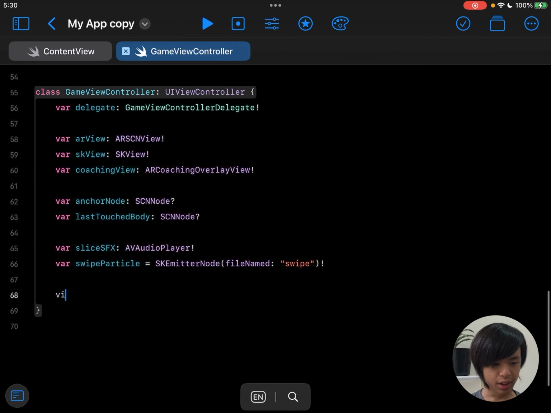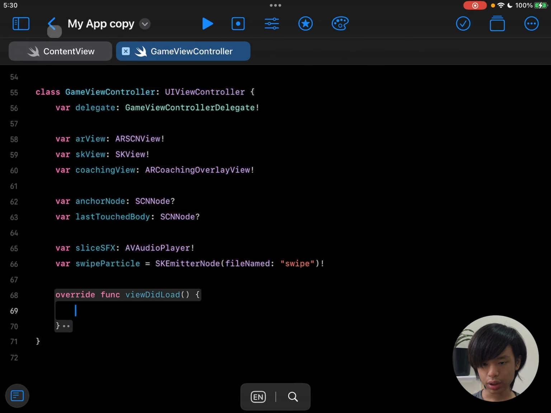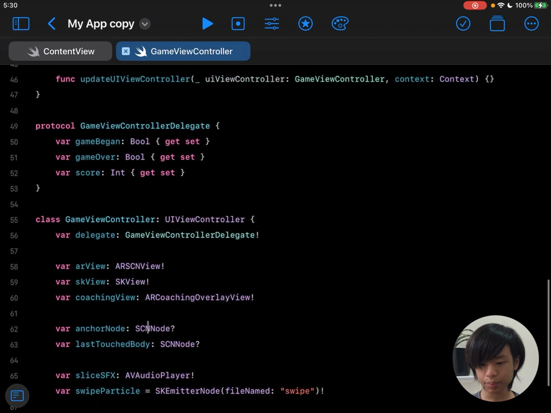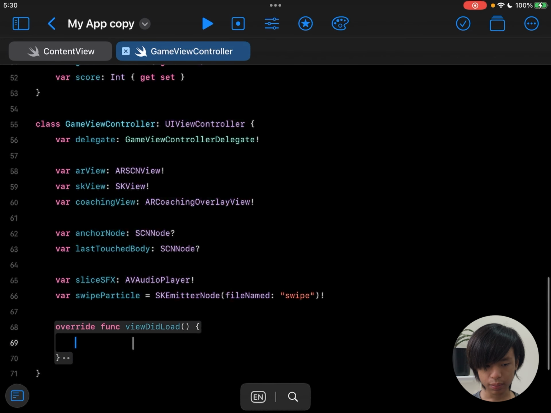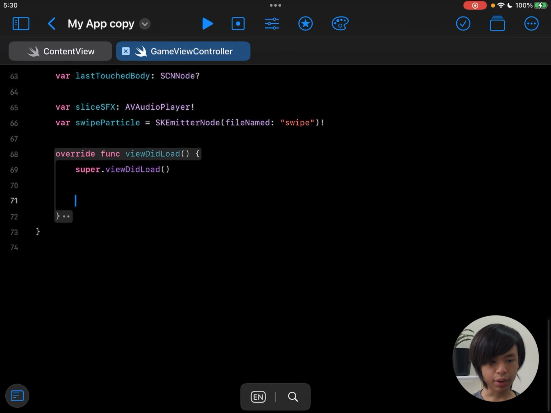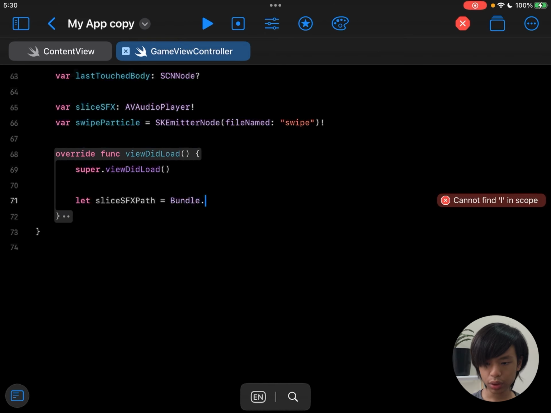So, cool. We're going to add a viewDidLoad function. For some reason, there is no autocomplete. I'll close this and then reopen just to see if it will fix our issues here. Okay, there you go. So we need to call super.viewDidLoad just so we can get the UIViewController itself to do whatever it needs to do. And there you go, we can set everything up. So let's first of all set up our slice sound effect. So slice sound effect path, Bundle.main.path(forResource